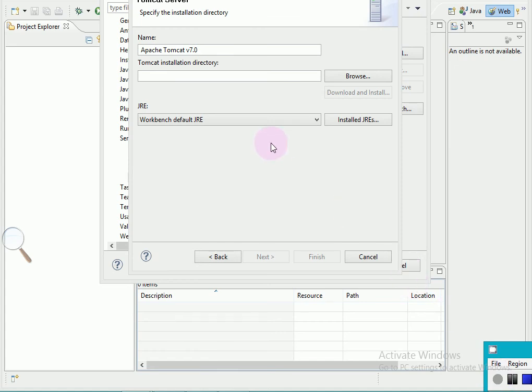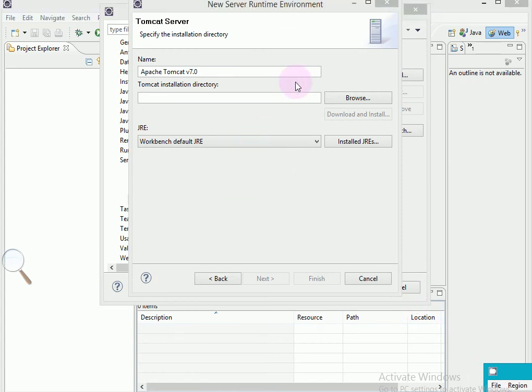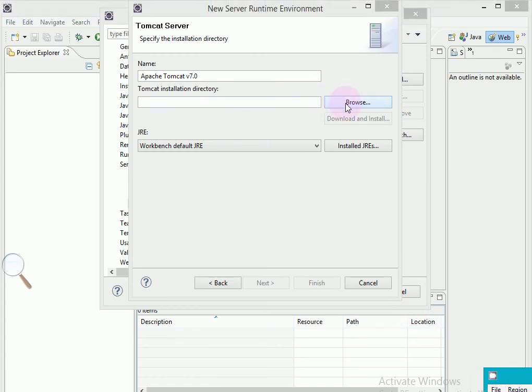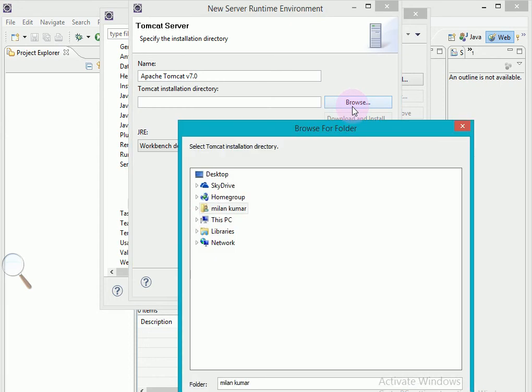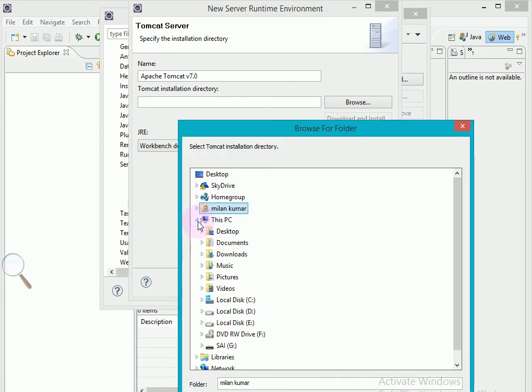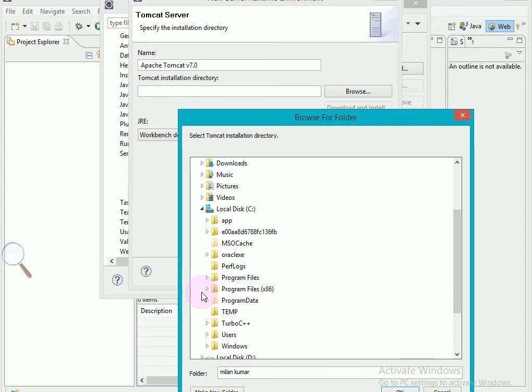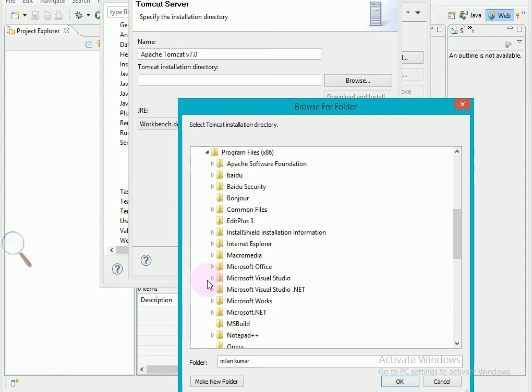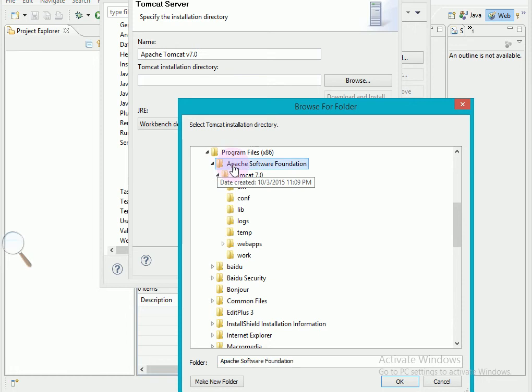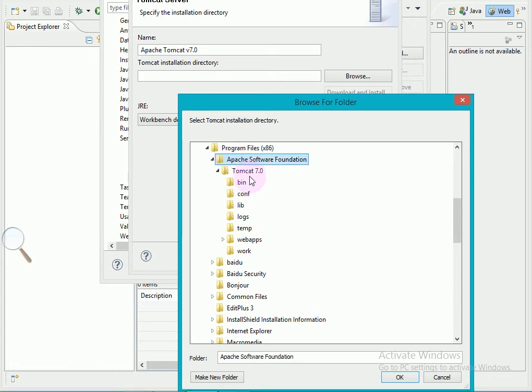So now what you have to do, go to the browse option, where you have installed your Apache Tomcat server. As I have my Apache Tomcat under C drive, I am going to C drive, then program files. Under that I am going to Apache Tomcat, then click on Tomcat 7.0, click on OK